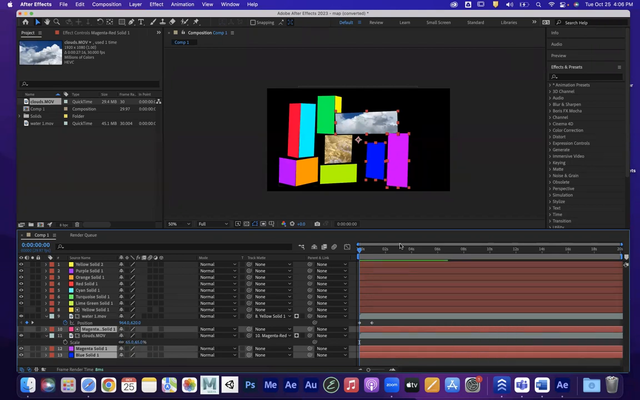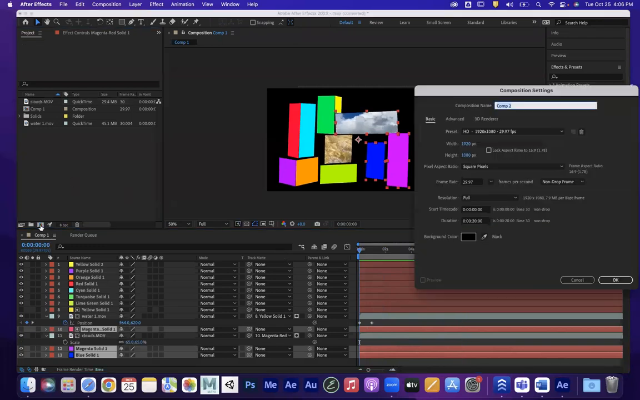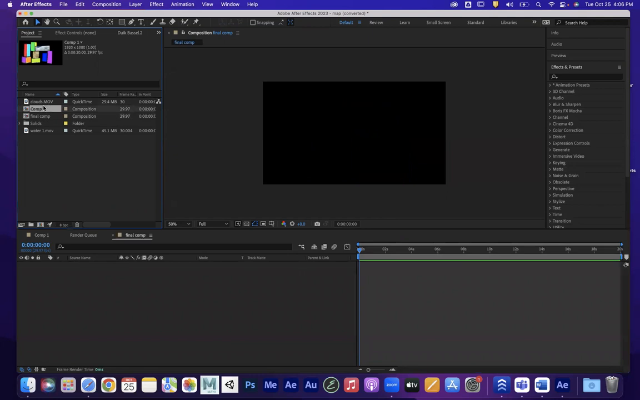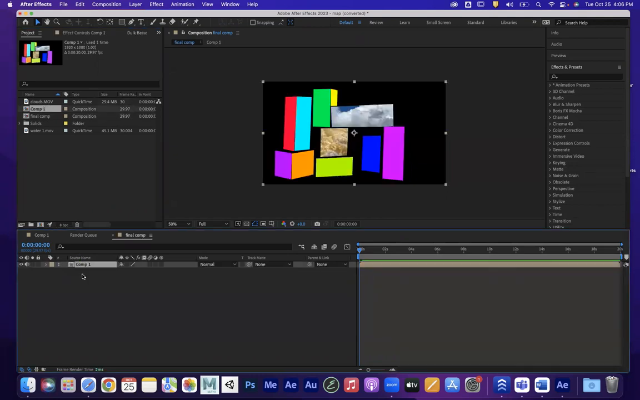All right, so I'm going to make a main composition and I'm going to call this final comp. And this is where I'm going to bring in the other compositions that I make, depending upon the pre-compositions that I want to include. So like, for example, comp 1,